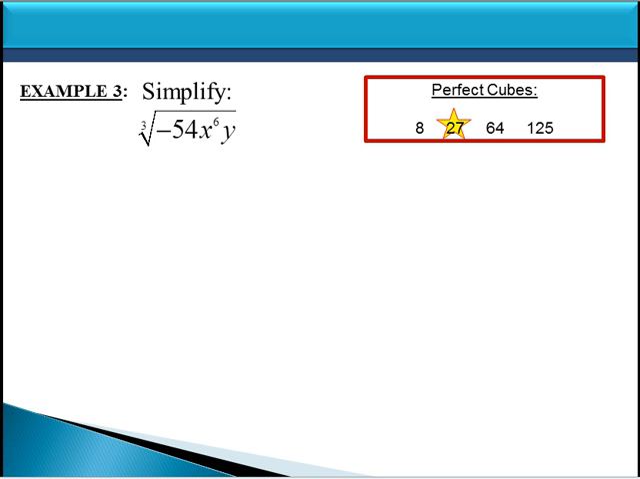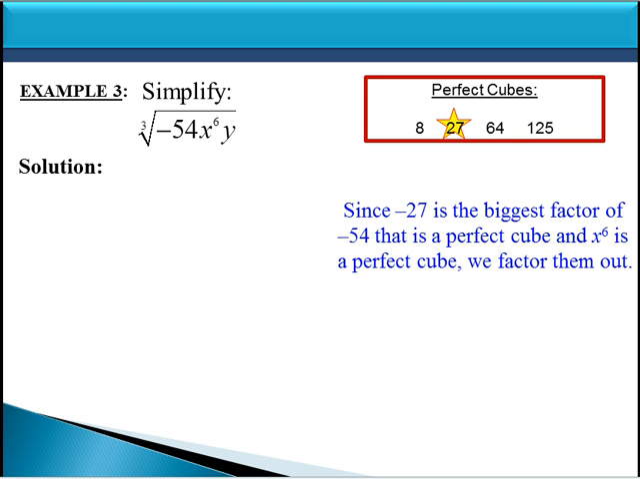And notice we also have a negative sign underneath the cube root, so remember that you can take an odd root of a negative number, and that's considered to be a real number. So what we want to do in that case is we always want to factor that negative out of the radical to be completely simplified. So when you're factoring out that perfect cube that you find, go ahead and make it a negative. So we're going to say since negative 27 is the biggest factor of negative 54 that is a perfect cube,